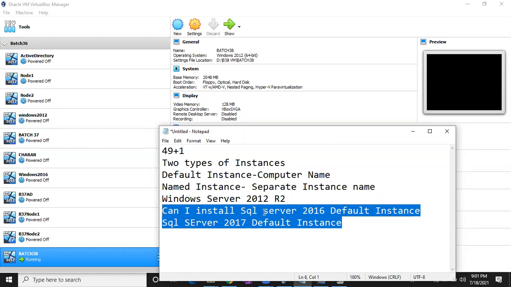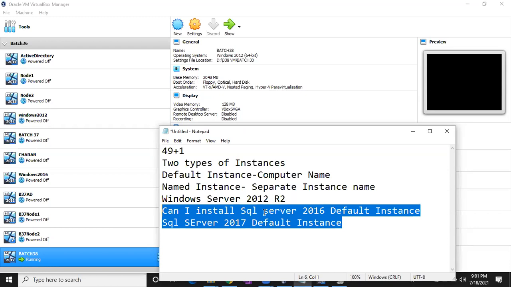Once a default instance is installed, it takes the computer name. So no matter whether you install the same version or a different version, any default instance will take the computer name. It won't allow us to install one more default instance of any other version. Only one default instance per machine.